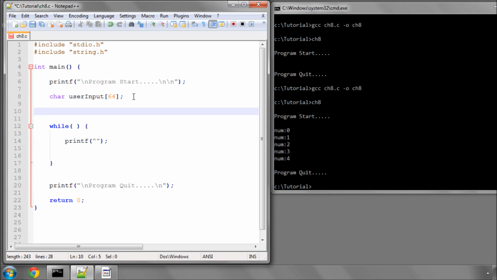So the next thing we need to do is find a way of actually getting input from the user, that the user types into the console. Now we used in one of the previous tutorial videos a scanf function, which is in this stdio.h header file. The scanf function, whilst it works perfectly well, has some dangers to it, and one of those dangers is that to use it you don't have to specify how many characters you want to read of this user input. And here we have a maximum of 64, and if the user typed in 90 characters and hit enter,